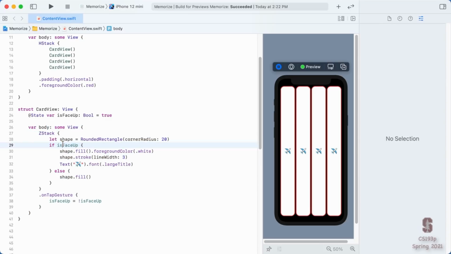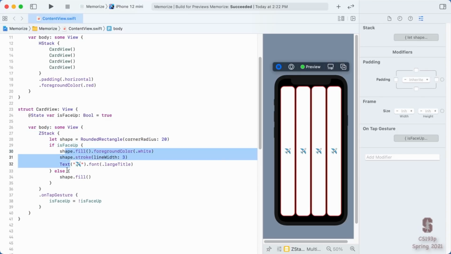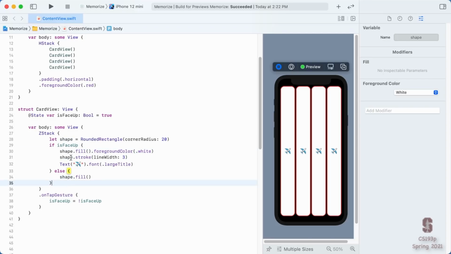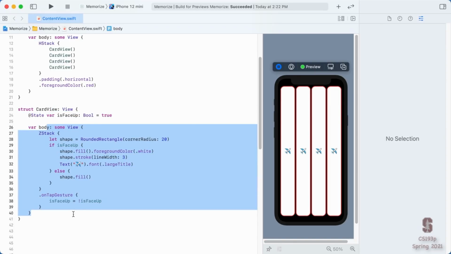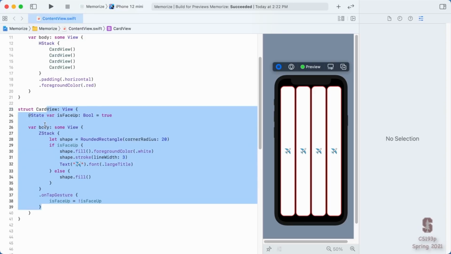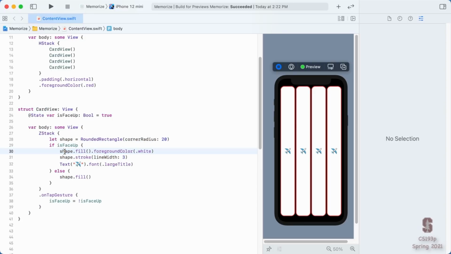And when it recreates the body, of course, the isFaceUp will be different, and it'll choose whichever of these if cases make sense. So that is the process by which this is happening. And this is a little miniature of the way SwiftUI works once we really have our game logic going. When the game logic changes, it notices which views are going to change as a result, and it rebuilds their body. So that's why it's rebuilding this all the time. These things are read-only, so if something changes, we have to rebuild this view, rebuild its body.